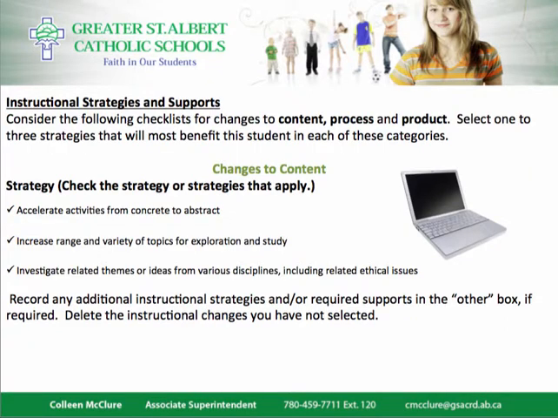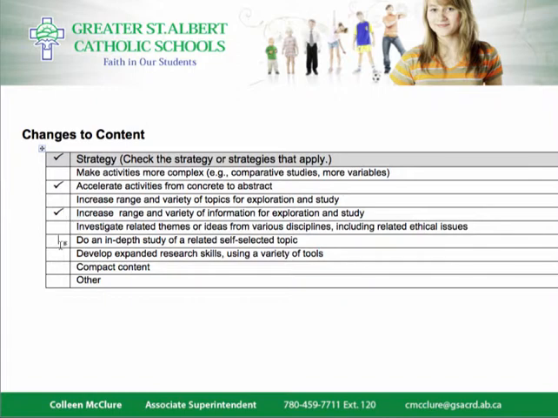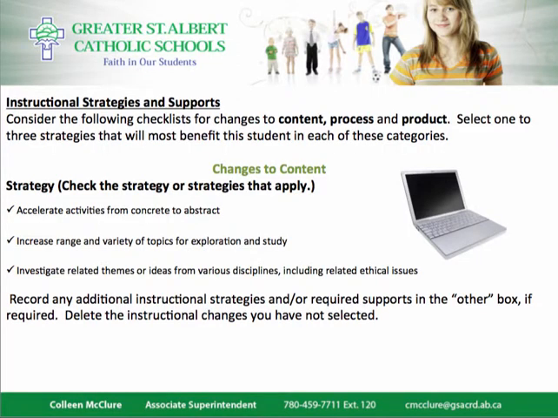Template C contains 3 checklists. You are invited to check off the adjustments you are providing in your classroom for the student you are creating an IPP for. In keeping with your knowledge about differentiated instruction, the 3 areas are content, process, and product. Select 1 to 3 strategies in each of these areas. Select strategies that you will be implementing frequently to support this student with his or her learning.